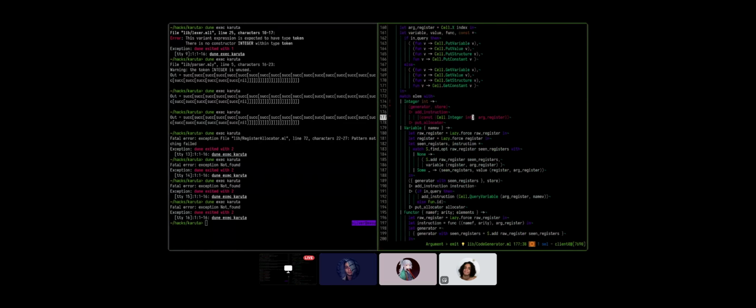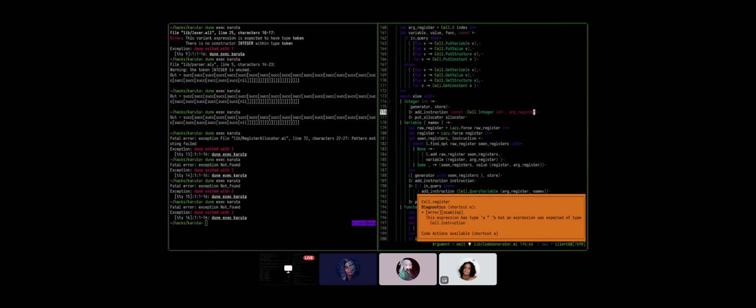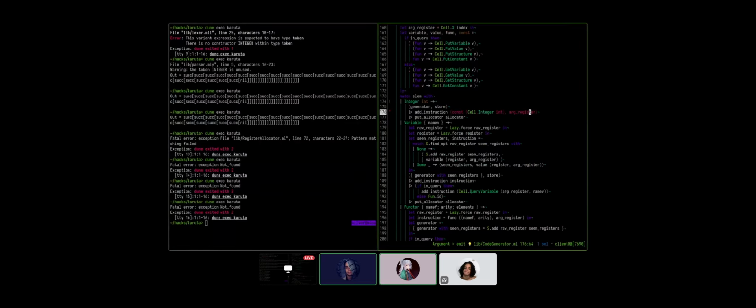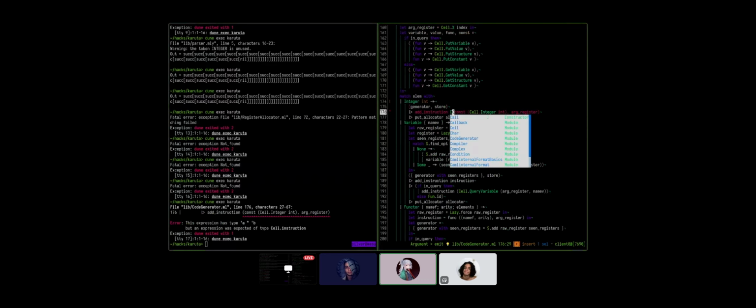That should be enough. You're missing parentheses now. Not anymore. I still think you're missing parentheses, friend. Where? Oh, I need the allocator actually. Of course. No, this is some silly type problem. Let's go to the type of put constant again. Go to the put constant, man. Let's see the types. This expression has type A and B, but we needed a cell instruction. Oh, it's because we need to do cell dot constant.